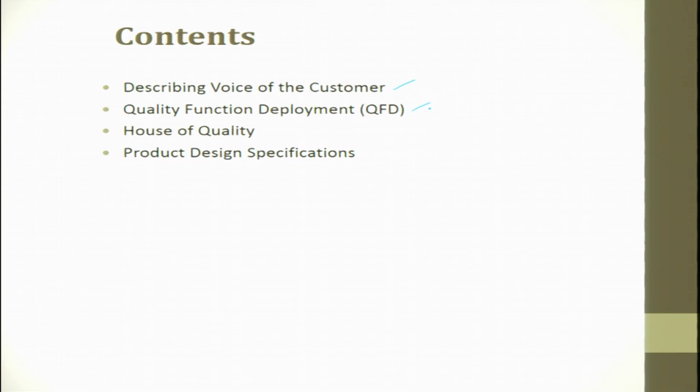The auto giants, Ford, Daimler Chrysler, GM, started using QFD, and later the electronics industry started using it too, and they brought a lot of customer satisfaction. So QFD is one powerful tool. Then house of quality, then product design specifications.